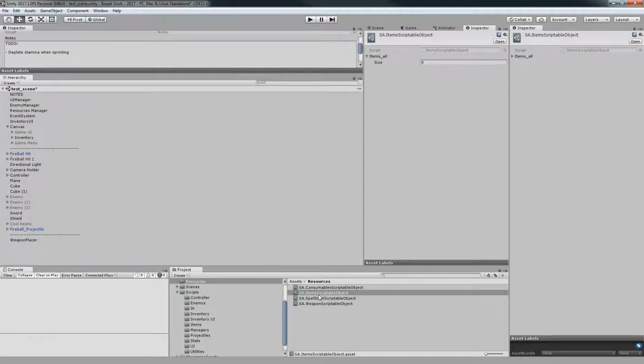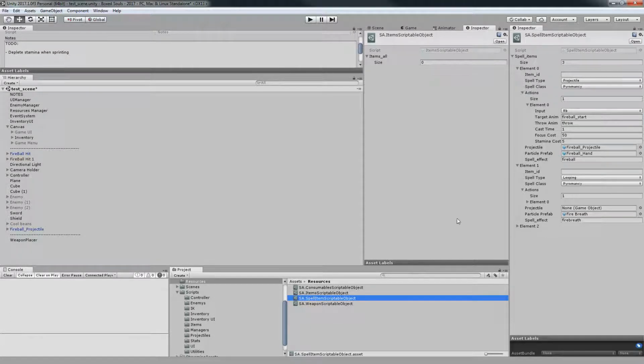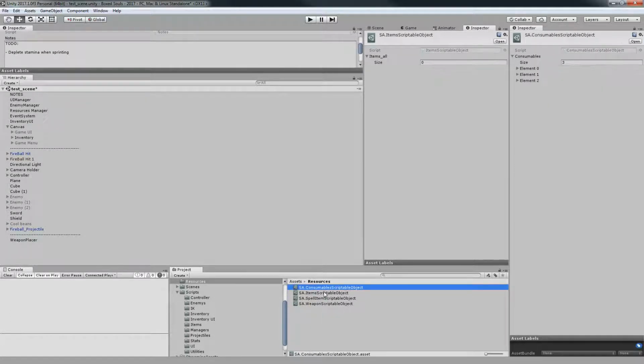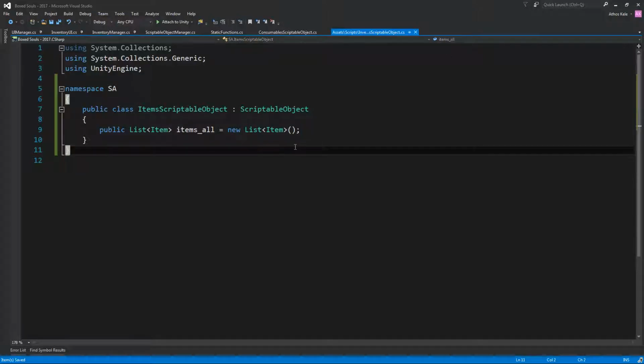The reason why I'm not loading them or not including them on the same game object as this or the other ones is because I don't want, if I want to load this game object, I don't want to load all of this. Okay, so if I want to load something, this is a much smaller file to load than loading all your lists. And come to think of it, I want to change the scriptable object,